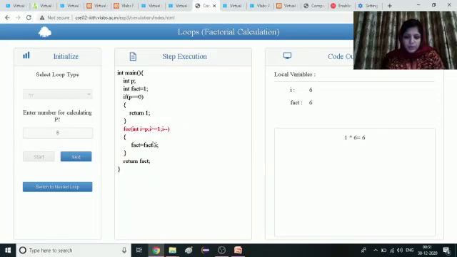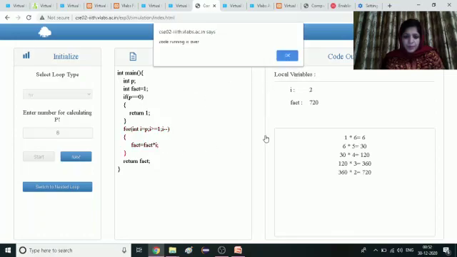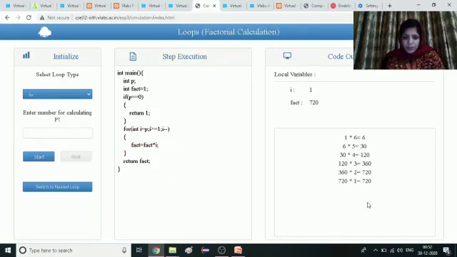Okay, this is the result of the first iteration of the for loop, and this for loop will get executed till i becomes 0. Now I have reached the value of 0 and it's now exiting, and we are getting the result as 720. So students can go for this practical also,